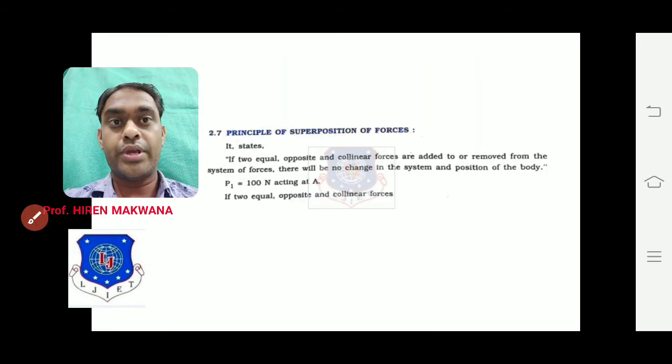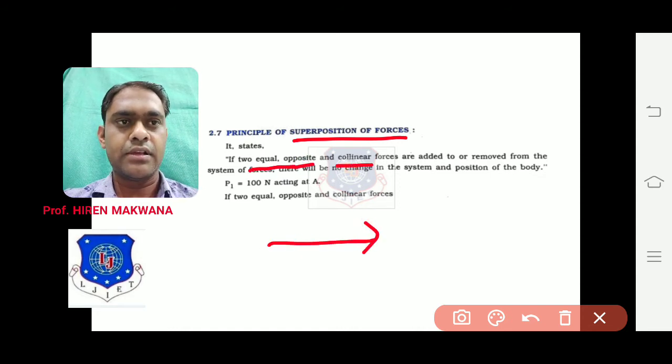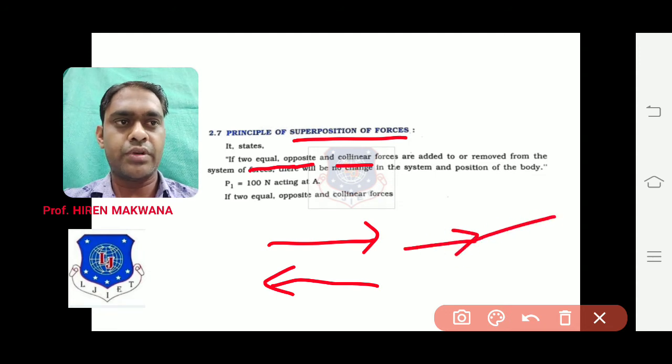Now there are two important rules. These are the most important. The first one is the principle of superposition. What is the principle of superposition? It states that if two equal, opposite and collinear forces, remember equal, opposite and collinear, in the same line, intersecting at the point,